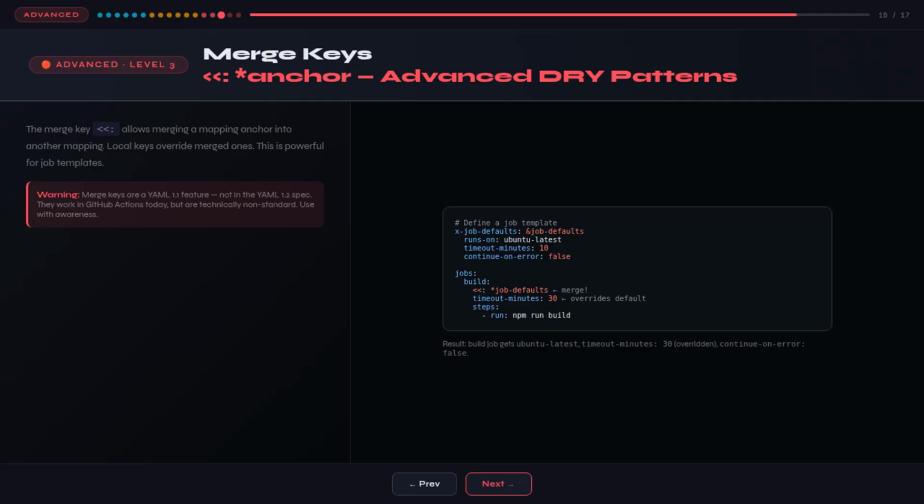Anchors and aliases let you reuse a block of values by pasting it in wholesale. But sometimes you want to merge a shared base with local overrides, inherit most properties from a template but change one or two. That's what the merge key operator enables. The merge key is written as 2 less than signs followed by a colon, double left angle colon. It takes an alias on the right and merges that mapping into the current mapping. Keys defined in the current mapping take precedence over keys from the merged mapping, so you get inheritance with override